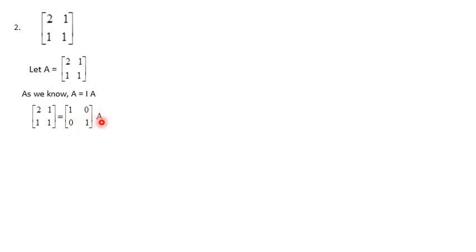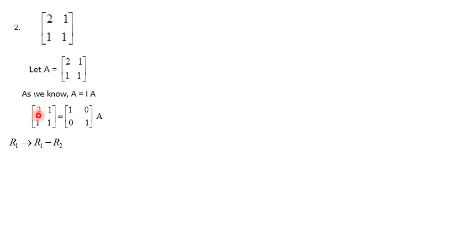Till the end we will not change this A, and we will go for the left side matrix, and we will use the row transformations, and we have to make it as the identity matrix, and the same operations we have to do here also. First thing, we have to change this 2 to 1. Very simple how to make this 2 as 1, because on the next row there is an element 1. If you subtract 2 and 1, we will get 1. So 2 minus 1 is 1. So what we have to do, R1 changes to R1 minus R2.